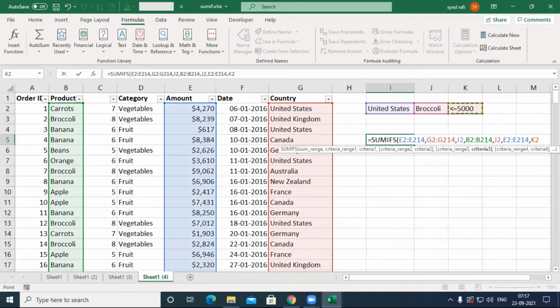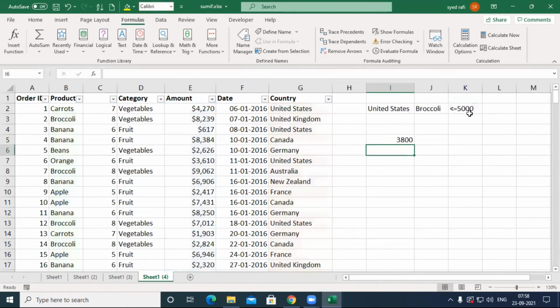In SUMIFS, no argument is optional. That is why it displays like this if you use more than one criteria. I have given 3 criteria. Close this one and press enter.